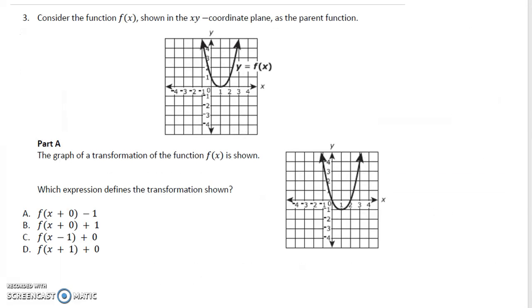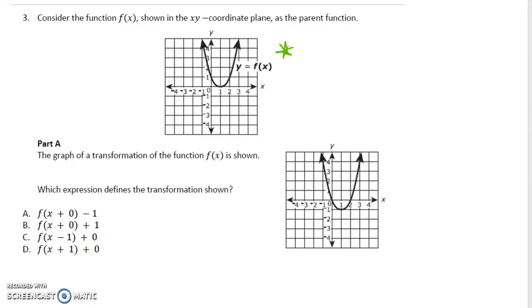It says consider the function f of x below. This is the parent function. The parent function, remember, is always our original function, the one we're starting out with. So part A says the graph of a transformation of the function f of x is shown. Which expression defines the transformation? So if we look here,